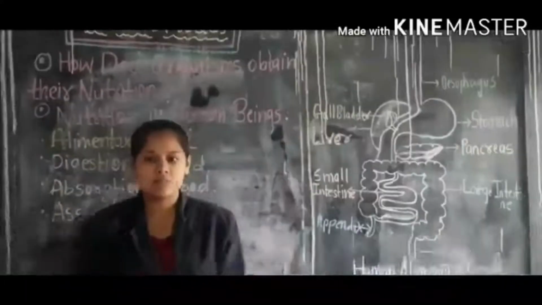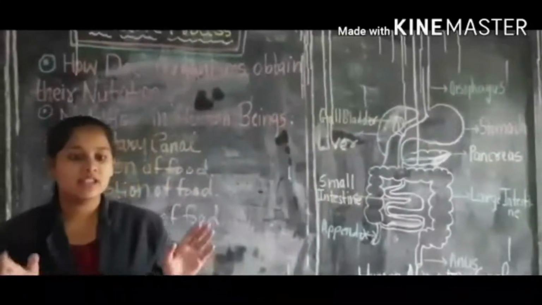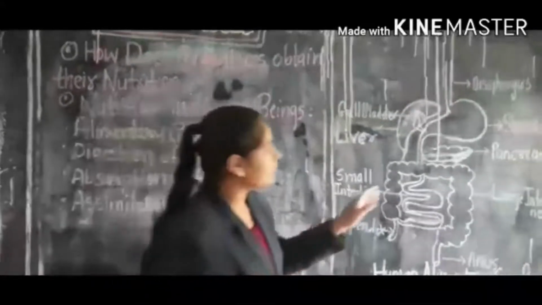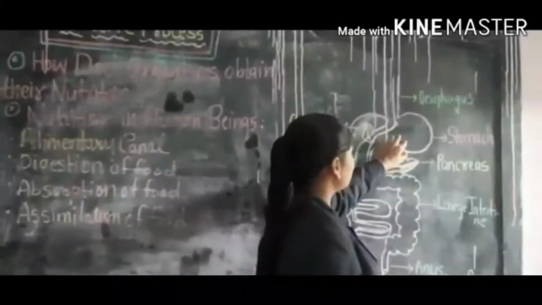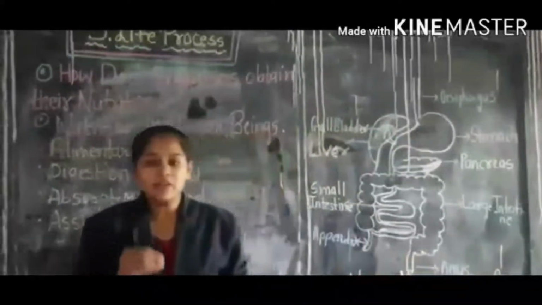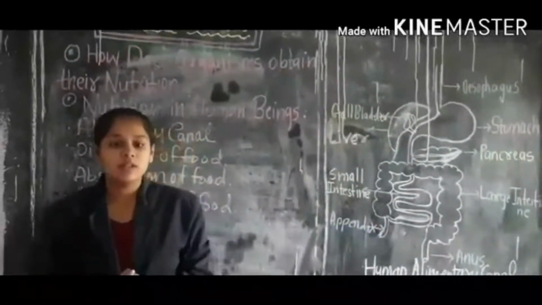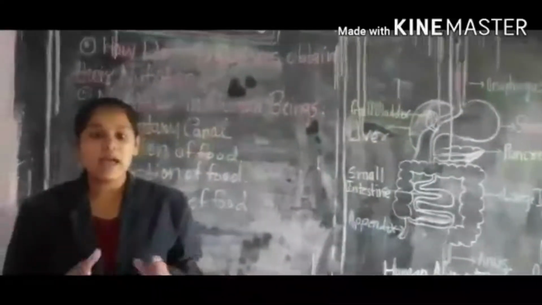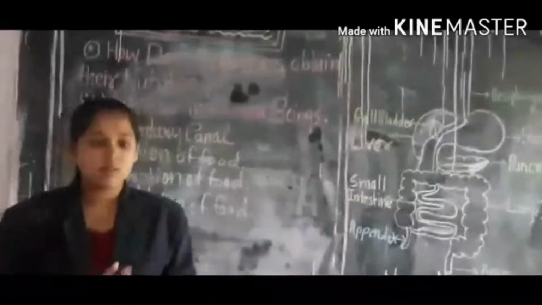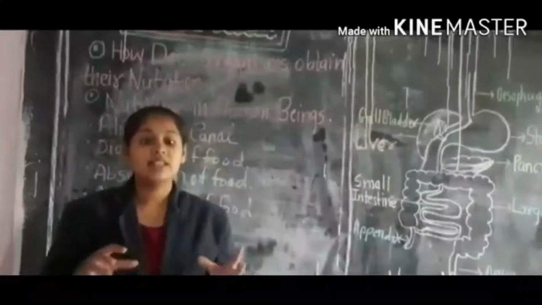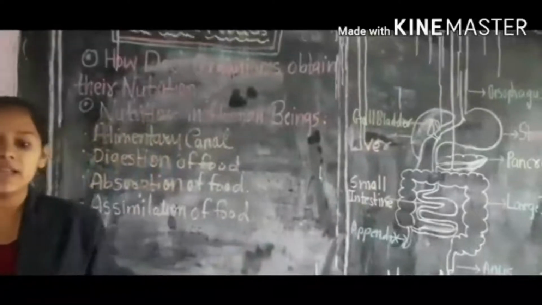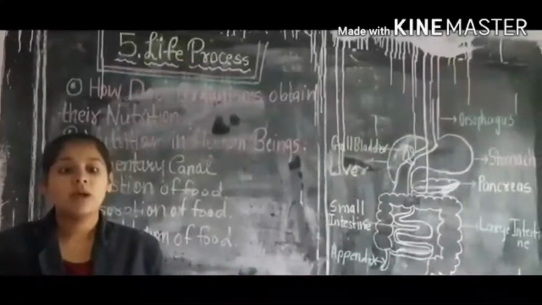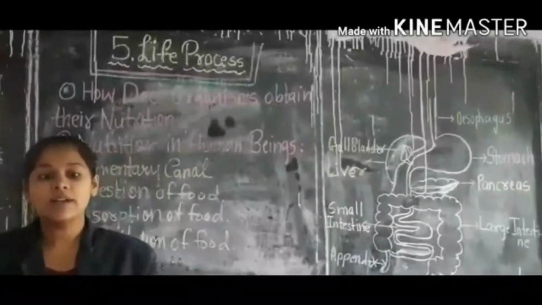forward in the tract. The stomach is a wide C-shaped or J-shaped muscular sac present on the left side of the abdomen. Here you can see in the diagram, here is the stomach. When we eat food, it goes to the stomach. The partially digested food reaches the stomach from the buccal cavity through the pharynx and oesophagus. Its muscle wall contains gastric glands. These glands secrete gastric juices which contain enzymes, mucus and hydrochloric acid. Food is churned in the stomach. When excess HCl, that is hydrochloric acid, is secreted,